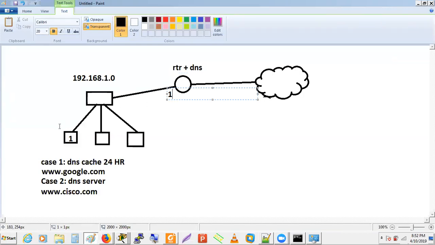And this client machine will ask the server what is the IP address of www.cisco.com, and suppose we got the answer from the DNS server. Why? Because PC2 has already accessed www.cisco.com, so that is already cached on the DNS server. So we got the IP address from the DNS server there. Now let's consider case 3,